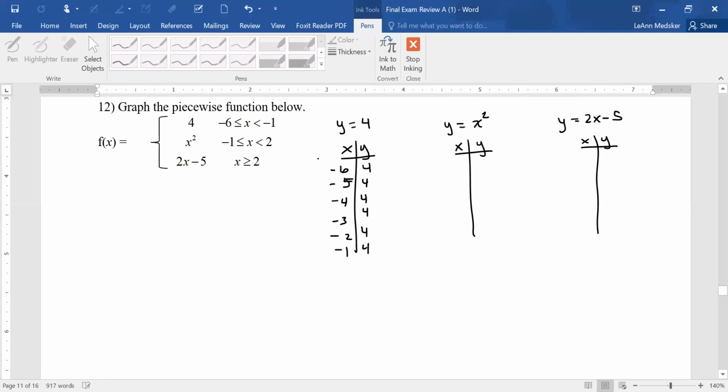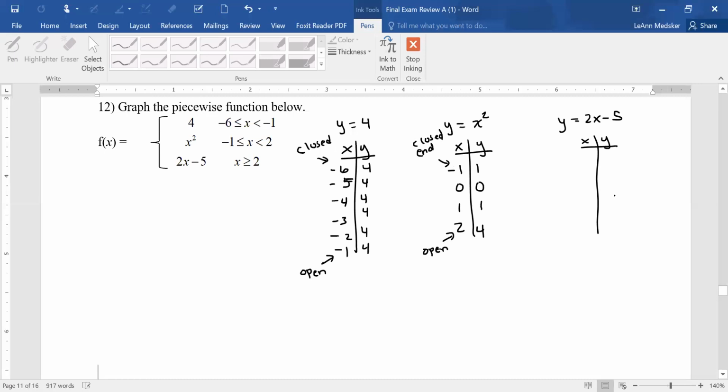Now I will make a note that this endpoint is closed because it has the equal to, and this endpoint is open. All the points in between are just regular points, but these are our endpoints. The next function is x squared, and we're supposed to go from -1 to 2. So -1 squared is 1, 0 squared is 0, 1 squared is 1, 2 squared is 4. And again, my endpoints, since there are 2 of them, this one is closed on the end and open on